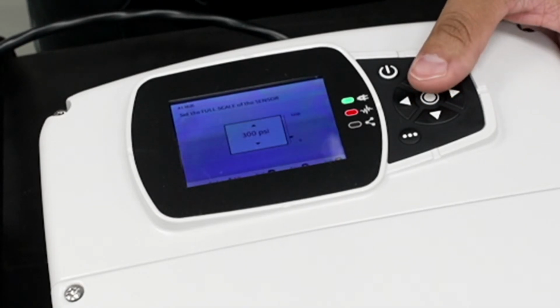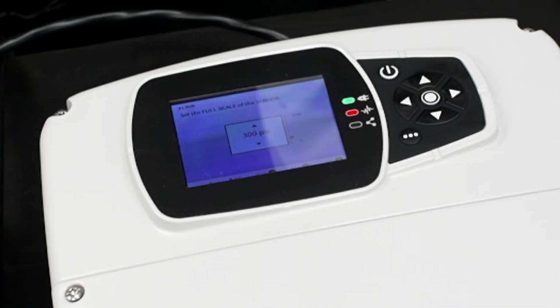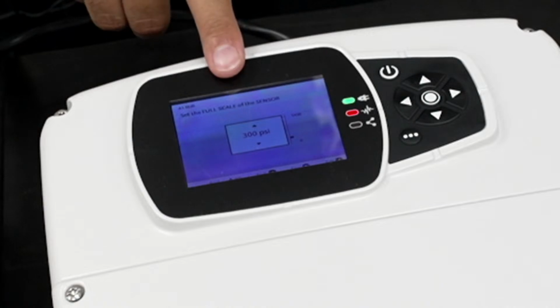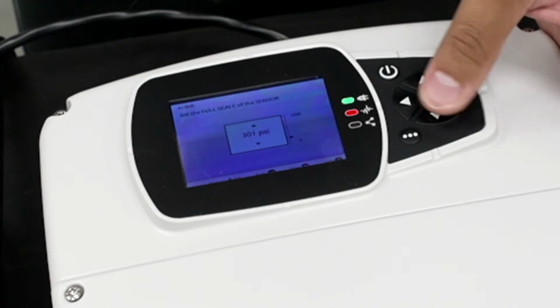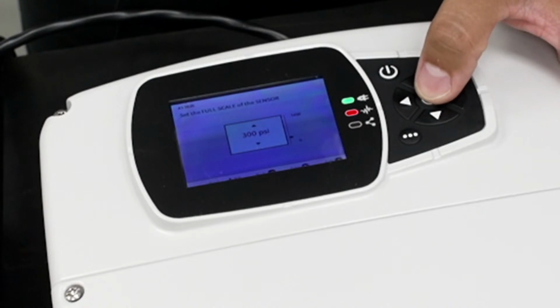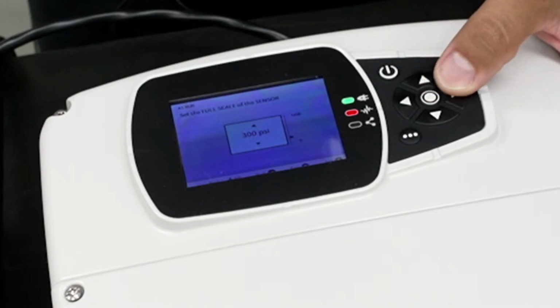We will continue. Basically, it's telling you what is the full scale of your sensor. So just so you know, we will be sending each unit out standard with a transducer. It's going to be a 0 to 300 PSI transducer, so that's why it's already defaulted at 300 PSI. However, if you did want to change it out to a higher rating, you can go ahead and scroll up to 0 to 500, whatever the full range of the sensor is you should be putting here. But like I said, standard out of the box, you will have a 0 to 300 PSI transducer, so that